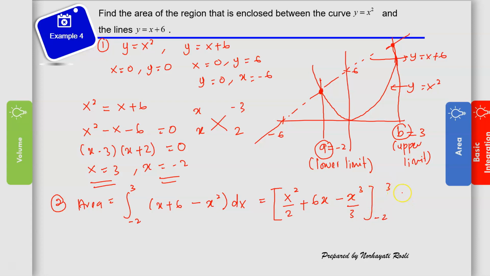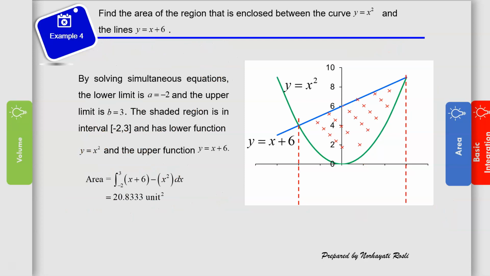When we solve this, we get 20.8333 unit square. So this is the area bounded by this straight line, this curve y equal to x squared, also A equal to negative 2 and B equal to 3. That is the area for this region. What I did here was solve first to get the lower limit and the upper limit, and then identify which one is the lower and upper function, and then compute the area, and we got the answer